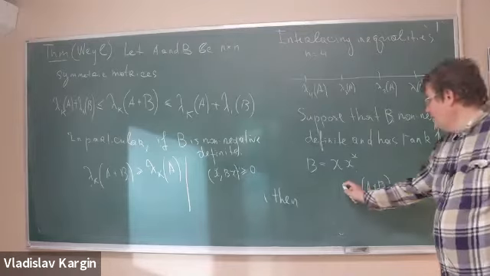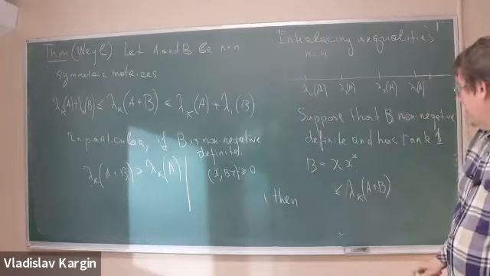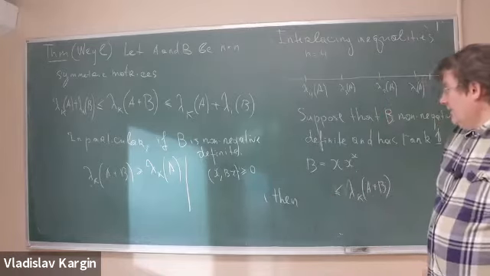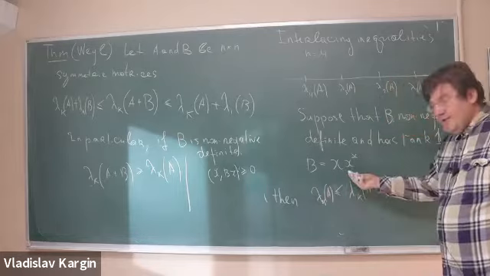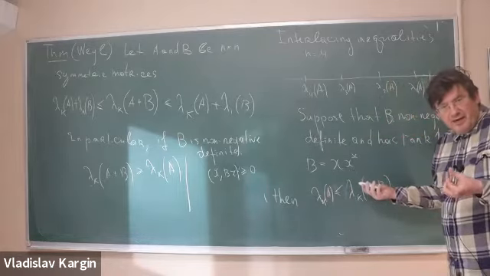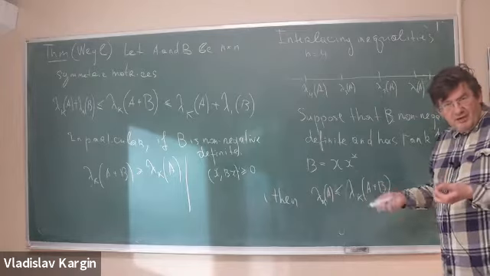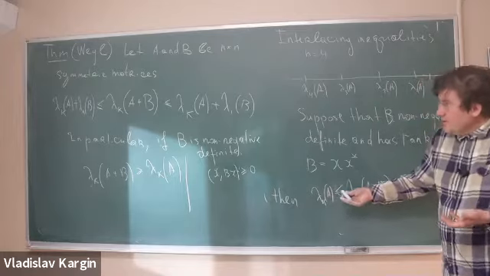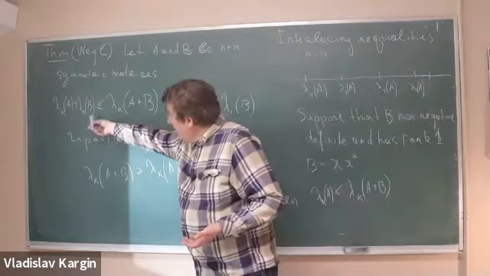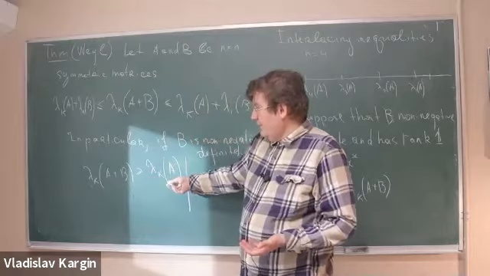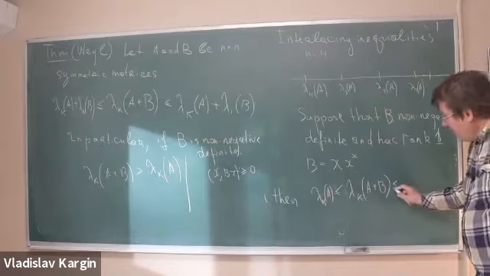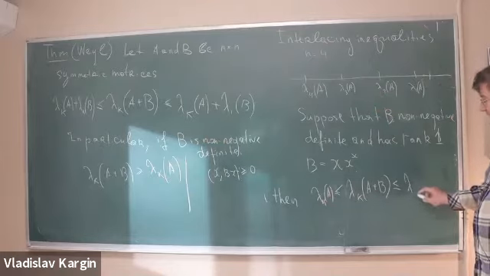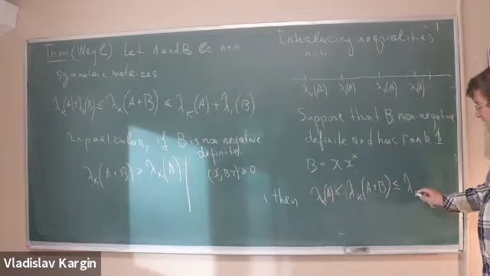So we know that by this theorem, it should be greater than lambda k of A. Right now, this is rank 1, so one eigenvalue is positive and all others are zeros. So it's just this inequality: lambda k of A plus B is greater than lambda k of A. But the interlacing inequality gives another thing. It says that it's actually smaller than lambda k minus 1